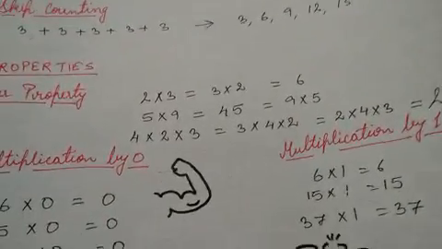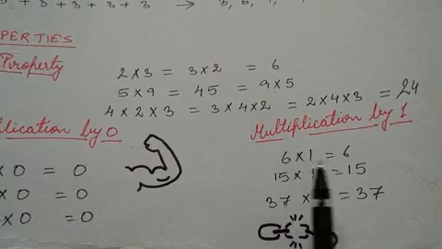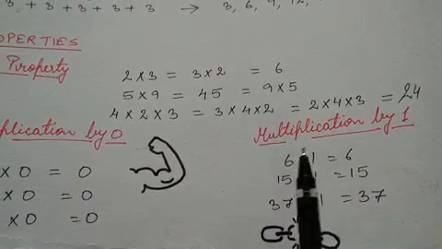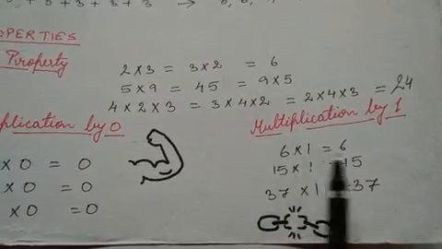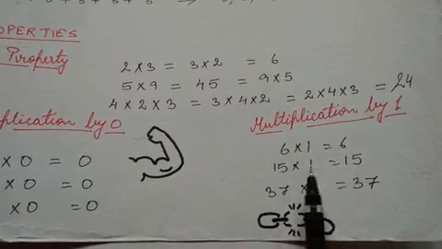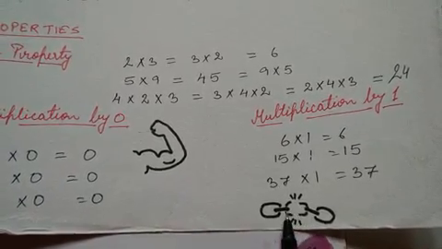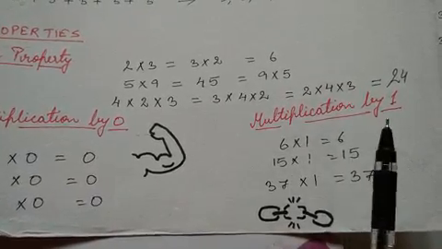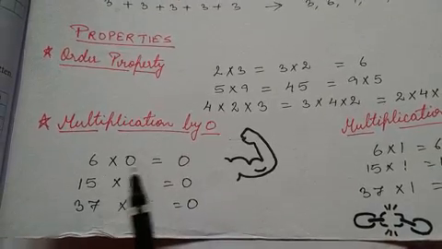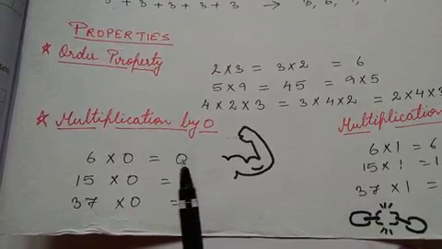Now, just the opposite of this, when we multiply any number by 1, it has no power. 1 has no power here, in multiplication we are talking. 1 has no strength, and that is why it cannot change the number. 6 ones remain 6, 15 ones are 15, 37 into 1 is equal to 37. So when we multiply by 1, the number does not change, while when we multiply by 0, it changes the number totally. It converts the number to 0. So 0 multiplied by any number is 0.